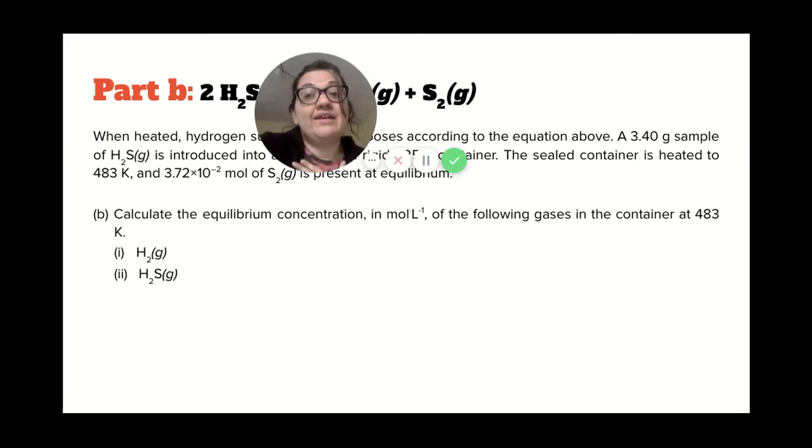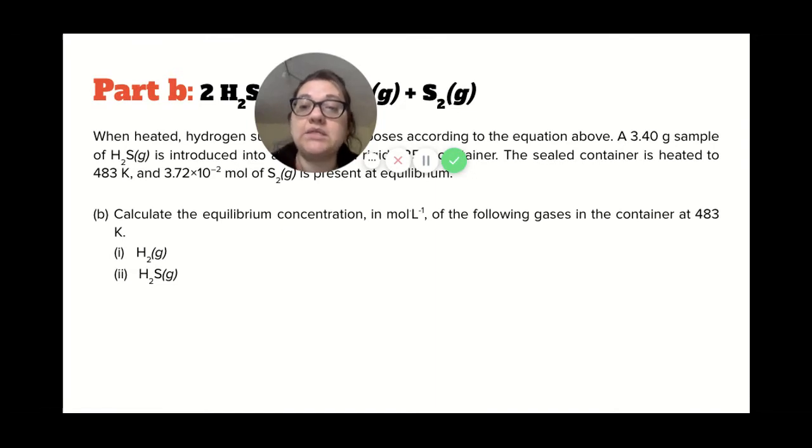So something to the -1 is just divided by that amount. So mole per liter, that's a molar. You could have just written the capital M. It's all good. So we want the equilibrium concentration in moles per liter of the following gases in that same container at 483 Kelvin. It's nice to know that we're at the same temperature that we were given information